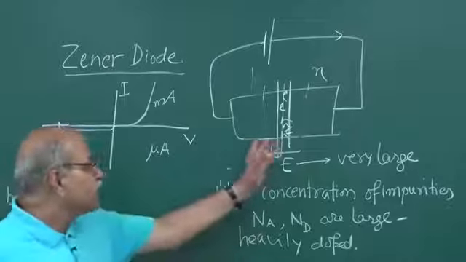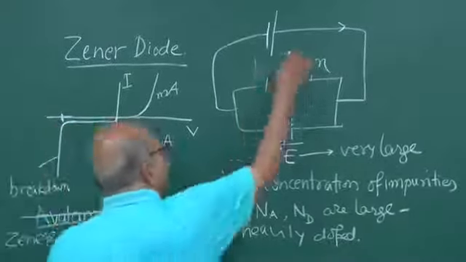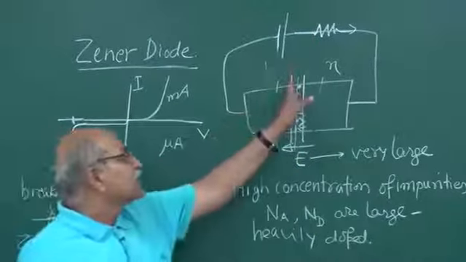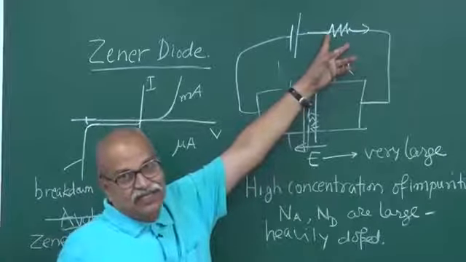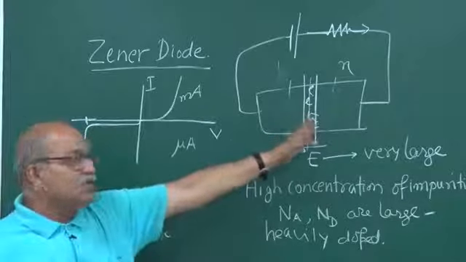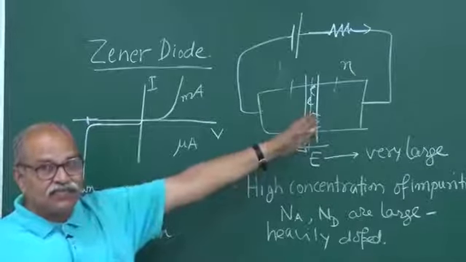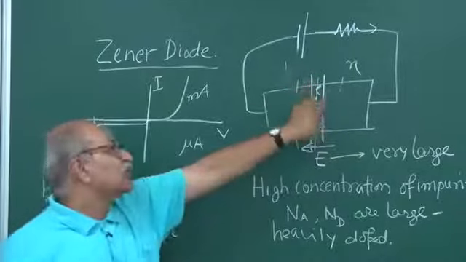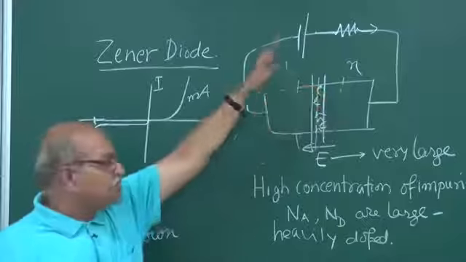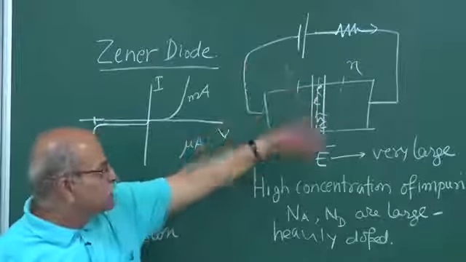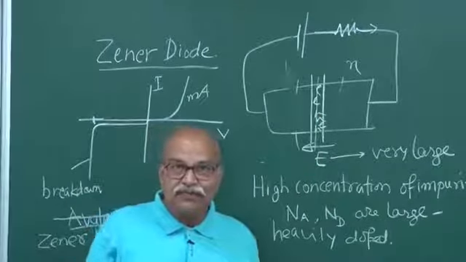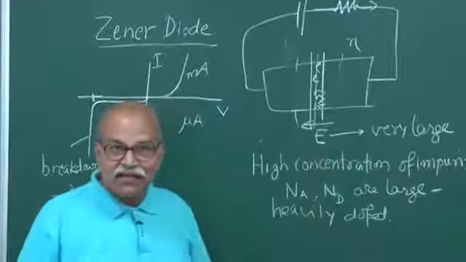So you have to put a resistance somewhere so that the extra voltage drops here. Here the voltage drop is just, if it is made for 2 volts, it's 2 volts. The moment it becomes 2 volts, you have all this process starting, and then it cannot increase beyond 2 volts, because at 2 volts itself you try to increase and the current will increase very high,